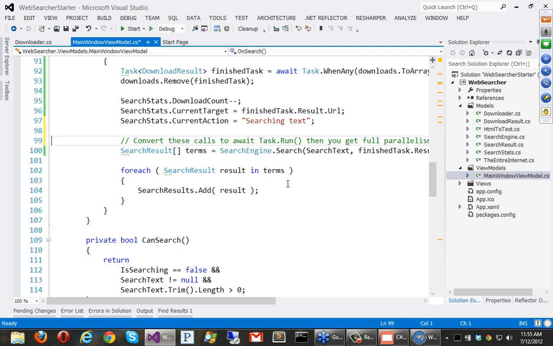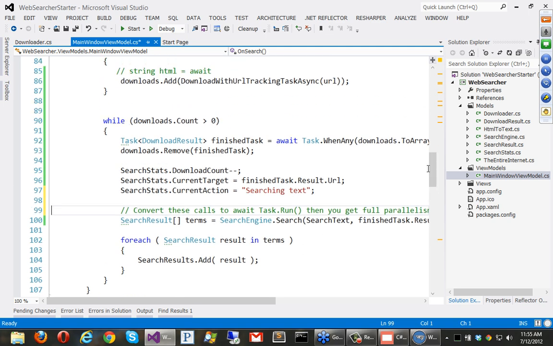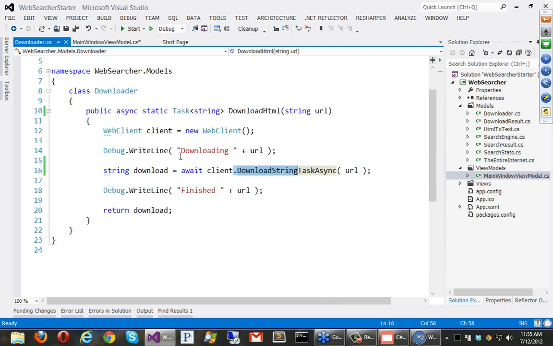All right, so I think that does it for our demo. We started out with a purely straight single-threaded application. You saw that we made the UI responsive simply by adding async and await in two simple locations, and then converting from DownloadString to DownloadStringTaskAsync over in our downloader piece here.